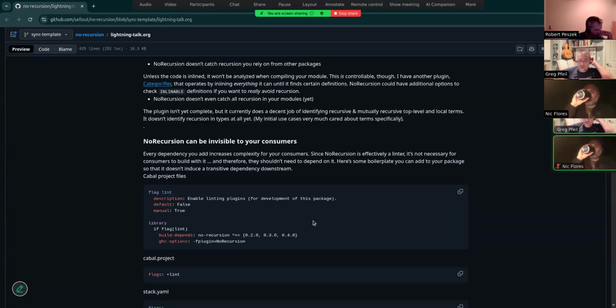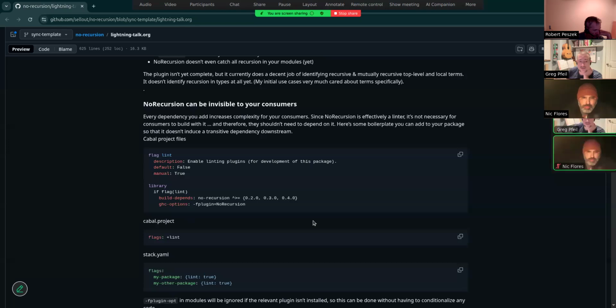And so the way to do that is have something like this cabal flag, defaulting to false and making it manual, which means that the cabal solver won't automatically switch the value to determine if it can find a solution one way or the other way. We don't need that to happen, because we basically don't want it by turning it on. If it automatically switched from the default false to true, it would then just add a dependency, which is not going to help the solver at all. So we just tell it it's manual. We would explicitly set it to true, and then